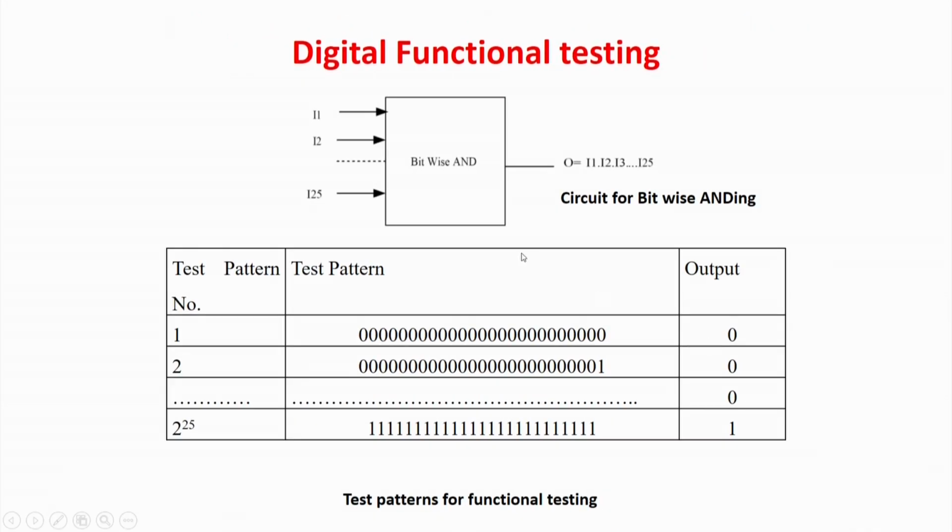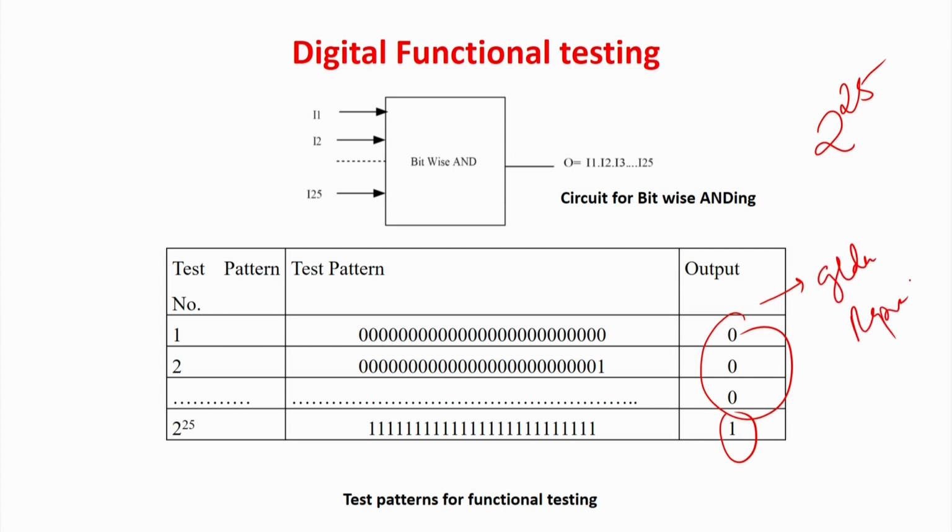Now, say that I want to test it. Basically, how many inputs will be possible, as there are 25 input lines? It will be 2 to the power 25. So many different input patterns are possible and I have enumerated them. You can see all zeros to all ones, and for all cases the output will be 0, excepting the case of all ones, where the answer will be a 1. So, this is actually your golden response.